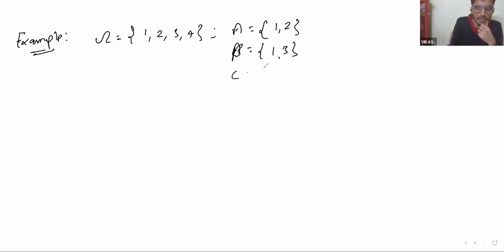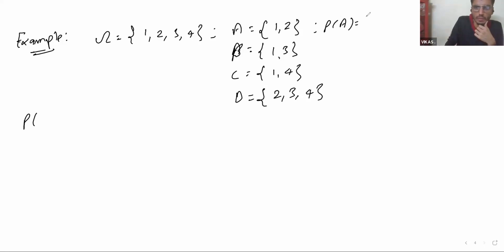Let me take this B and this C. Let me take B as {2, 3, 4}. Let's see if it should work. Then you can see that probability of A is 2 by 4. Favorable cases is 2 and total is 4. So 1 by 2. Similarly, probability of B, probability of C,